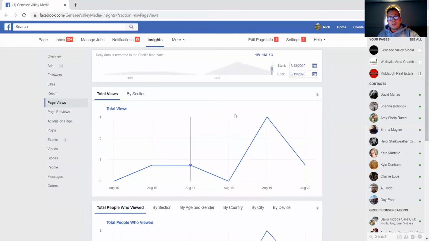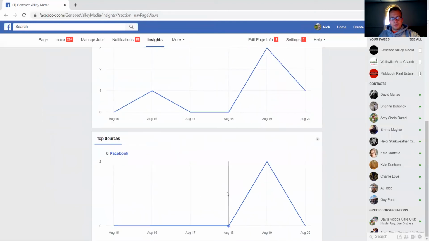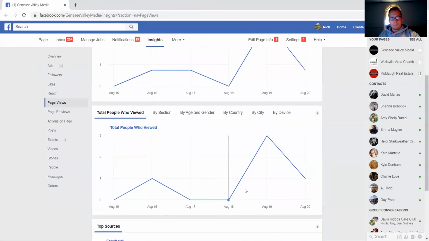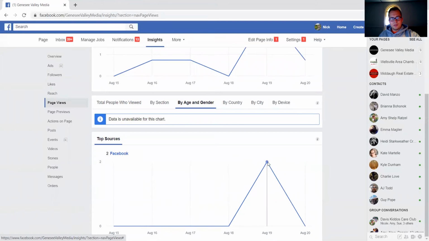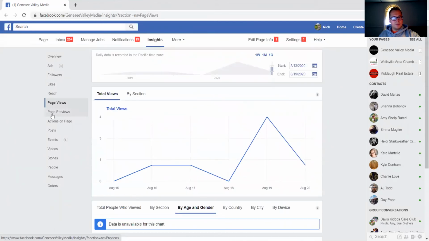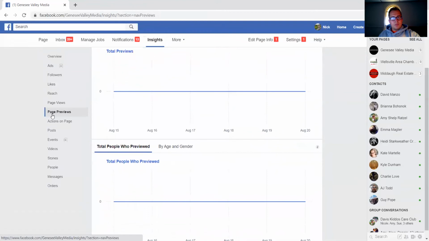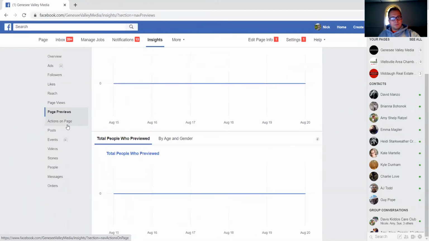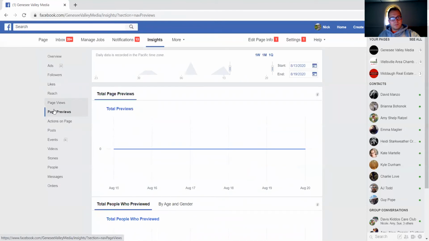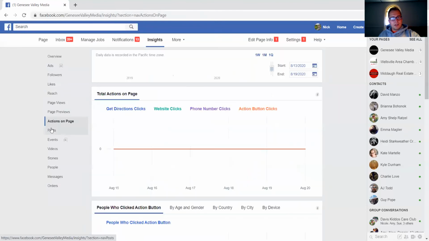Page views. This is when someone actually clicks from a post onto your page. So I had 4 people visit my page yesterday. And it just gives you a little more content, so you can do it by age and gender and whatnot. Page previews. This is how many people have. So from page views, let's skip down to